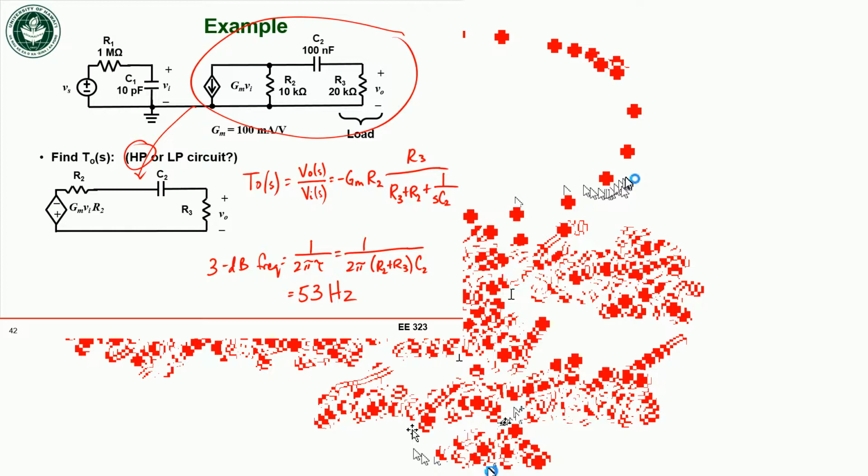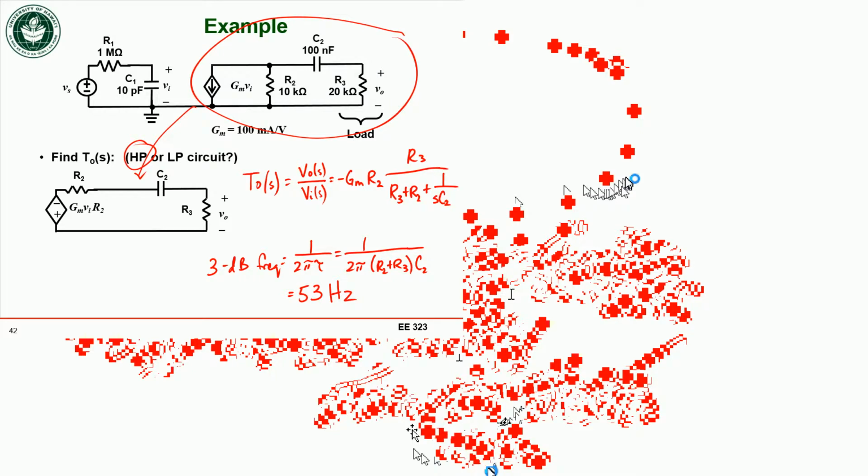Who says this is a good audio amplifier? Who says it's not a good audio amplifier? Okay, more people said it's not good. Why? Can someone then justify why it's not good? Because I won't hear. Sorry, I can't hear you. I need an audio amplifier. Yeah, I won't be able to hear